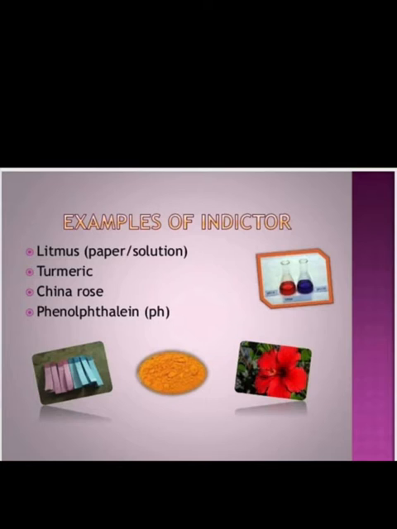But how can we find out whether a solution is neutral or not? Acidic and basic solutions we can find out by litmus test, right? So how can we find out whether a solution is neutral? For that we have to use two litmus tests, with blue litmus paper and red litmus paper. First we use blue litmus paper. Then what is the color change? In the case of a neutral solution, if we put a blue litmus paper, there is no color change.